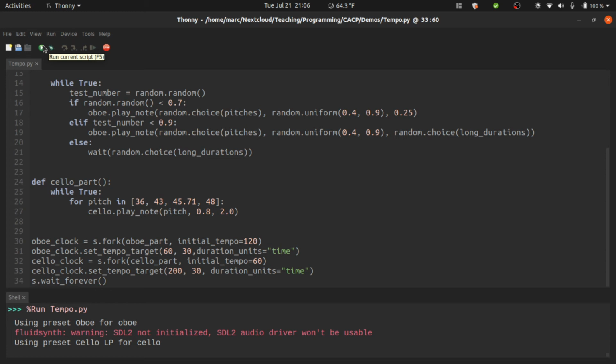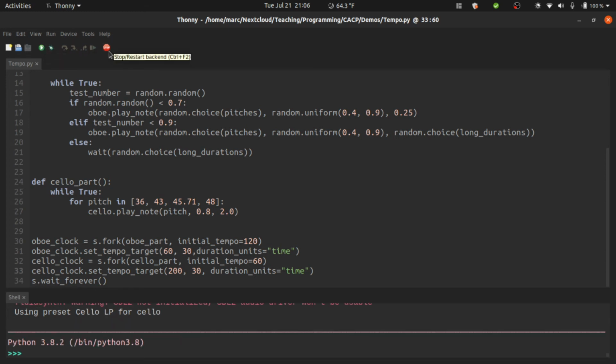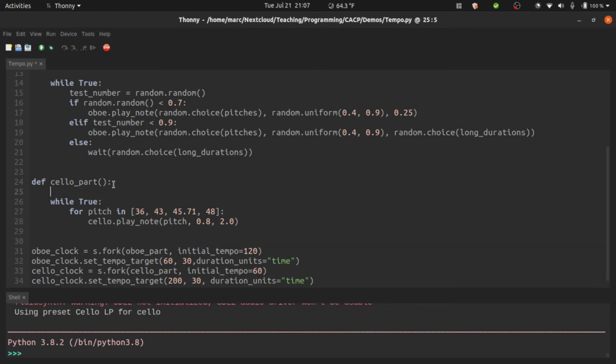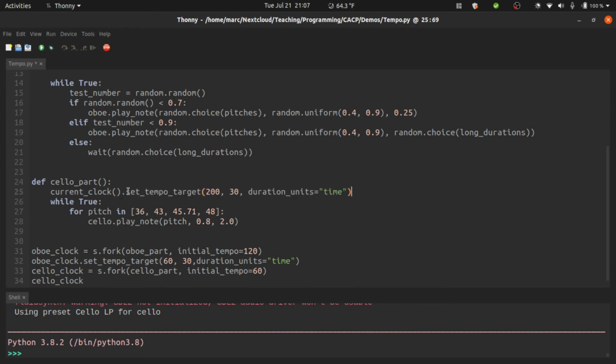That's probably been about 30 seconds. We can hear that the cello is going more than 3 times as fast as when it started, and the oboe slowed down to half the tempo that it started at. Now this isn't the only way to access the clock. You can also access it from inside the part by using current clock. So for instance, if we took the cello's tempo target and asked the current clock within the cello part to aim for that tempo target,